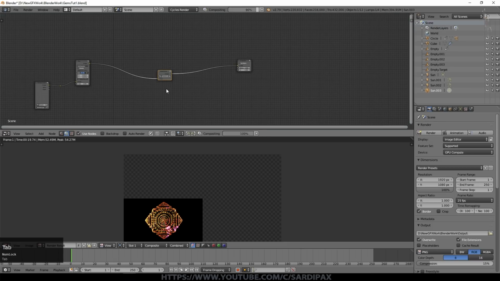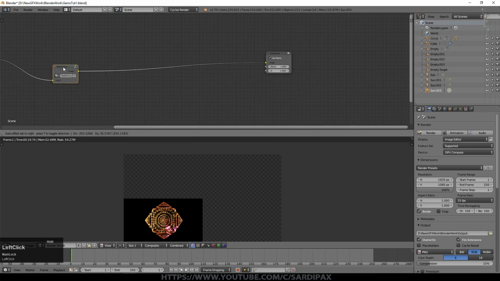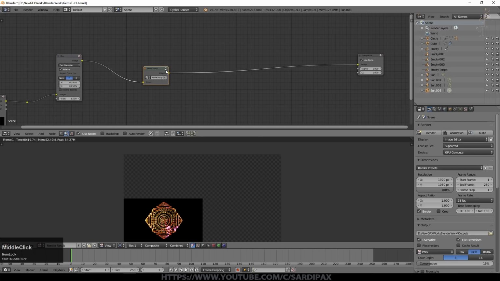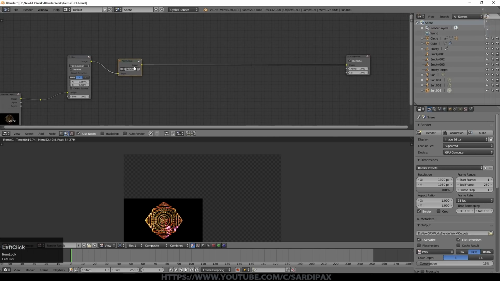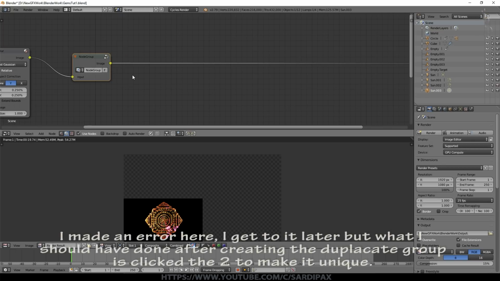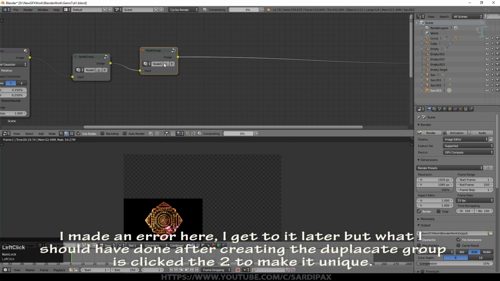If I press tab, all of that is now represented by one node group. But if we click this little symbol here, it all opens up again. I then actually started creating another node group because this one's a little complicated as well. In essence, this one is exactly the same as the previous one. So I'm just going to duplicate that node group and put it into there.